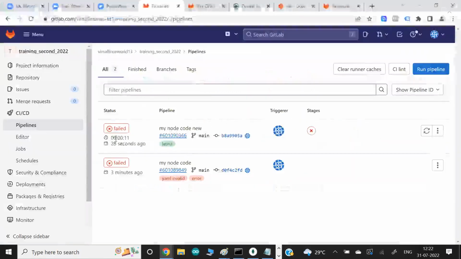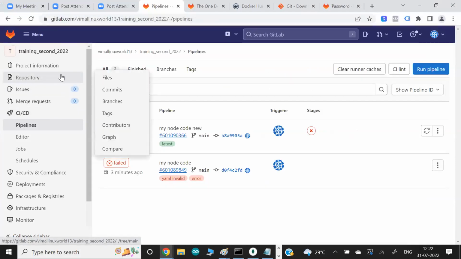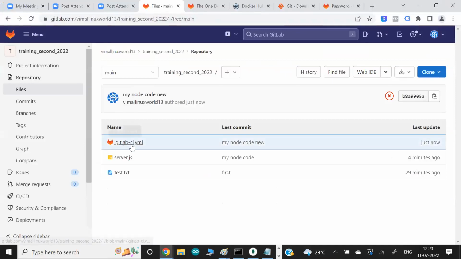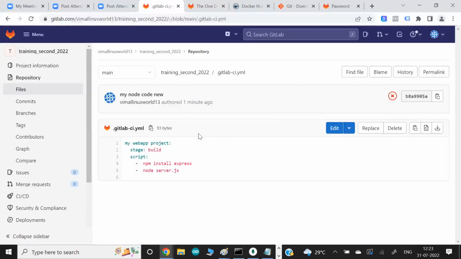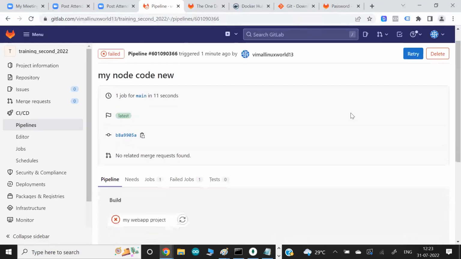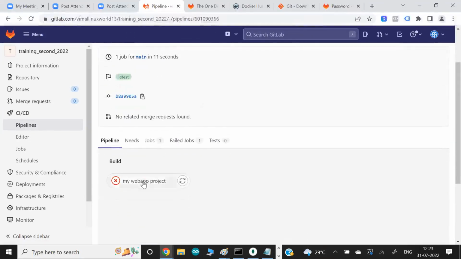But the pipeline fails, and that is the important point, why it fails. That's what I'm going to discuss. But as soon as your file is uploaded, they see this file and start running your pipeline. Now this file is right in terms of syntax, but a pipeline starts and the pipeline fails. Why does it fail? If I click on this link,